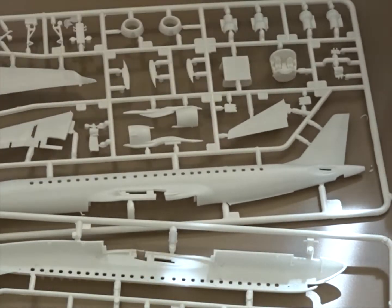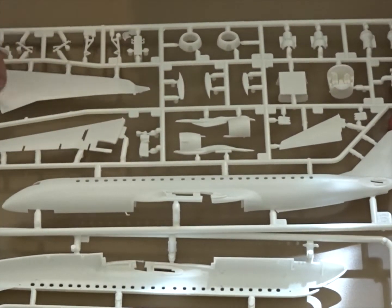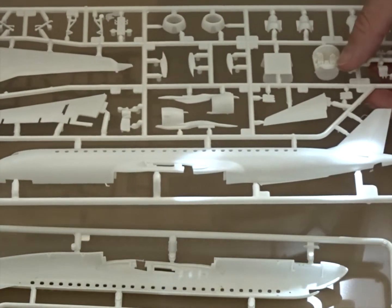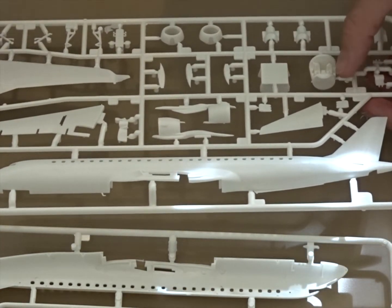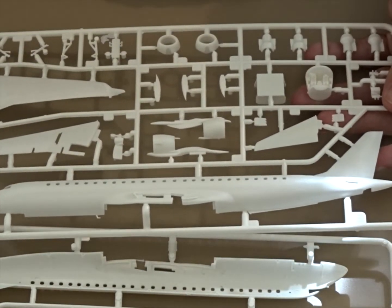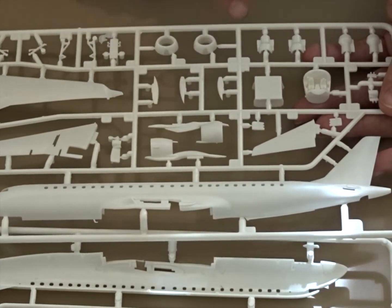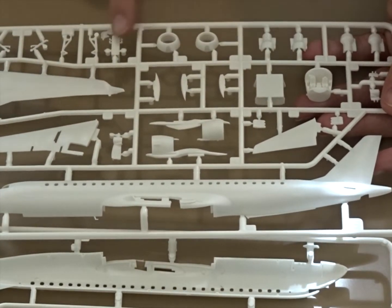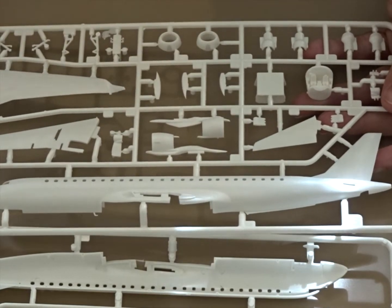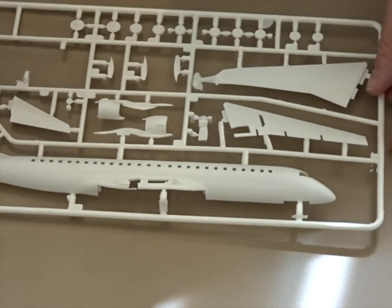So we have two sprues, actually three. As you can see, the first one is the left side with the wing. We have the cockpit details. It's already built in, so we're gonna maybe build it, or we're gonna paint it. I haven't decided yet what I want to do. You have the flaps fairing, you have one engine, and you have the core engine and both intakes, and the undercarriage on that part. And then we're gonna move to the second part, where you have the right side, the